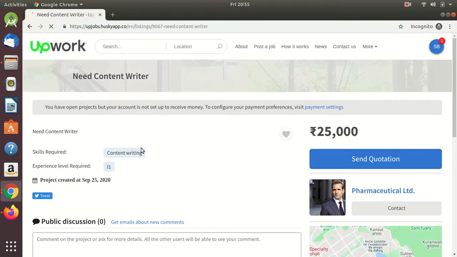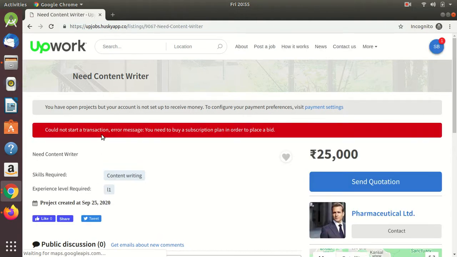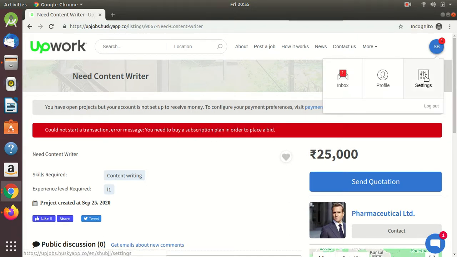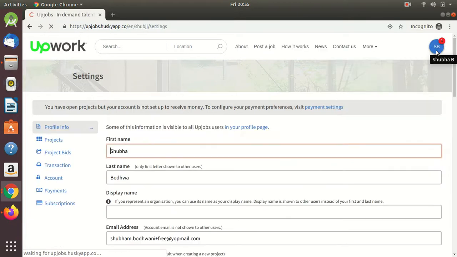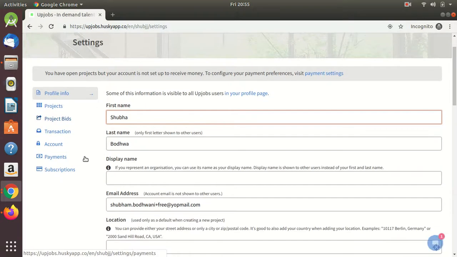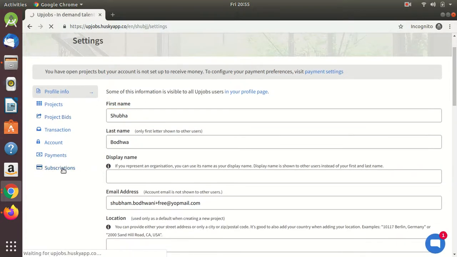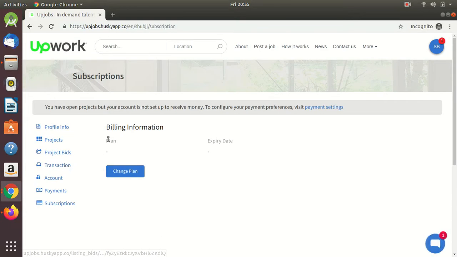For example, if I click on this project and click on the place a bid button or send quotation button, an error message will be thrown that you need to buy a subscription plan in order to place a bid. For this I need to traverse the path: profile icon, settings, and click on the subscriptions button here in the freelancer panel. I can see that the freelancer hasn't bought any plan.